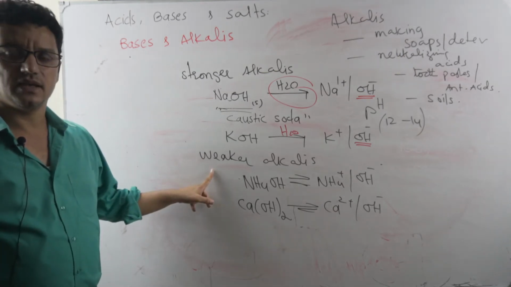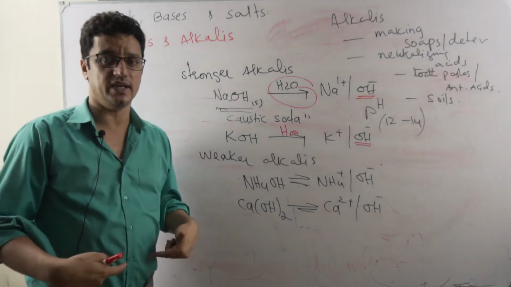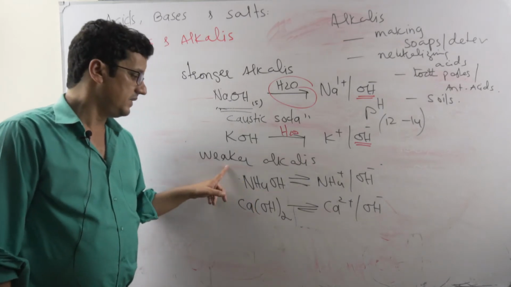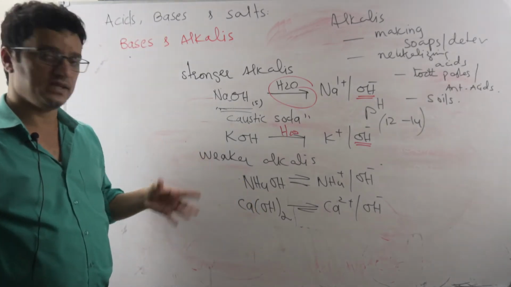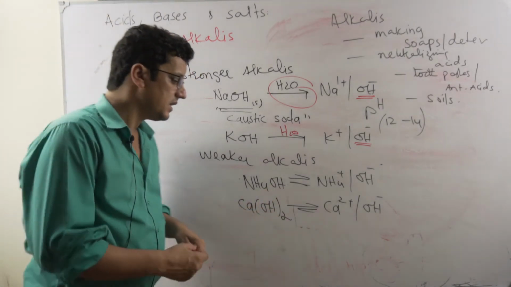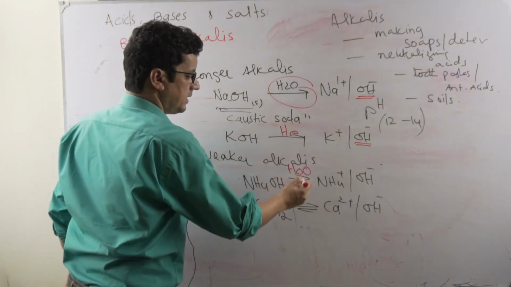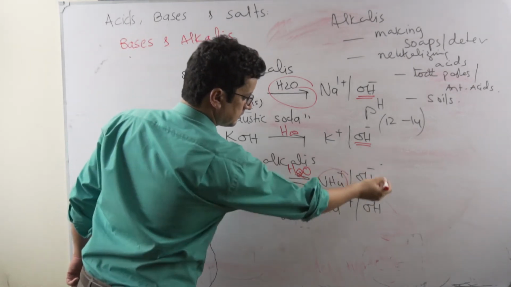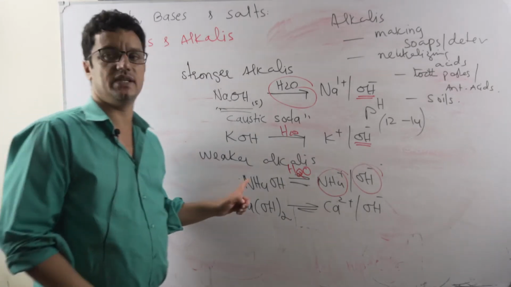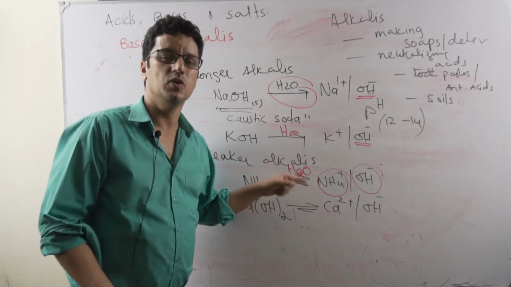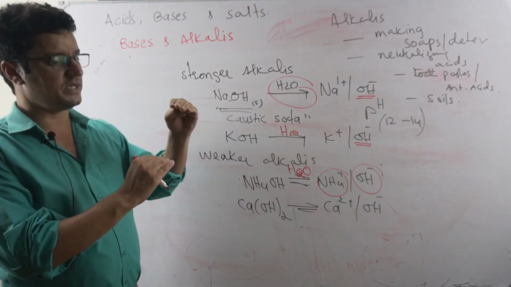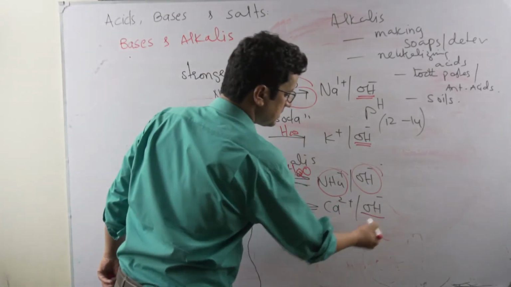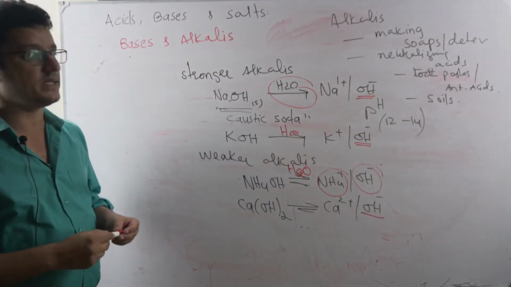Weaker alkalis have huge uses, like antacids. We can't use a strong alkali here, that will definitely create sores and burns. Weaker alkalis are in toothpaste and in antacids. Weaker because, look at the arrow, when they are added into water they break up and provide what? A lesser amount of hydroxyl ions, because they dissociate partially and weakly, with poor ionization, stuck in a state of dynamic equilibrium which is more favored to the left side. A lesser number of hydroxyl ions is an advantage, because weaker ones have their own uses.